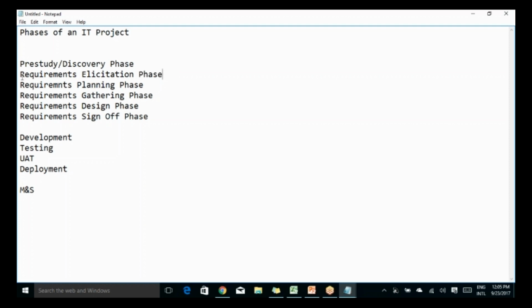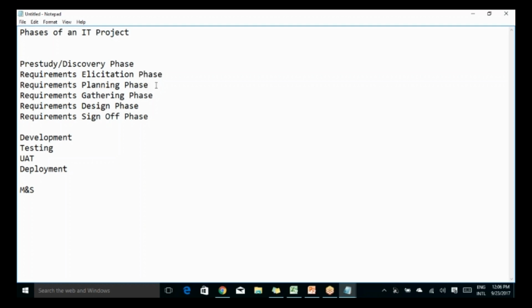Okay, so in the requirements elicitation phase, you would be asking the questions to the stakeholder to understand what their need is, what they are looking for through this project. Once you have understood their requirement, you would plan your requirements phase. Let's say they have 4 features. For those 4 features, you would go into detail about how much time it would need to gather the requirements. It's basically an estimation. Here you would be giving a high level estimation of the planning of your business analysis activities.